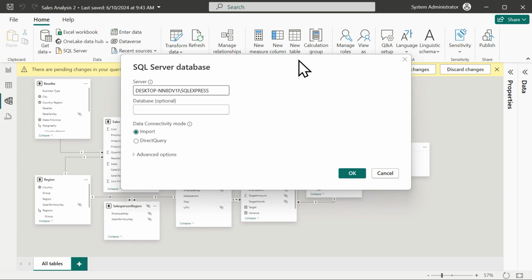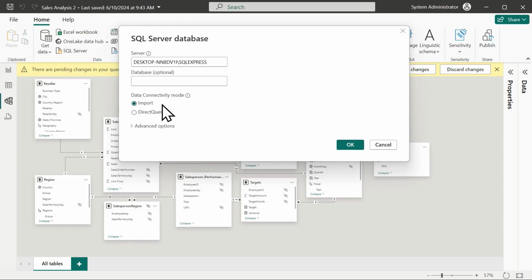So this is one way: import it, take a copy of it, pull it into our Power BI file here, the PBIX file, the Power BI Desktop. And like I said, it'll compress it and throw it into cache and make it run very fast. So our queries will run very efficiently and fast off of that. But if I have a ton of data, one of the other options I can select here is Direct Query, where I would leave the data in SQL.